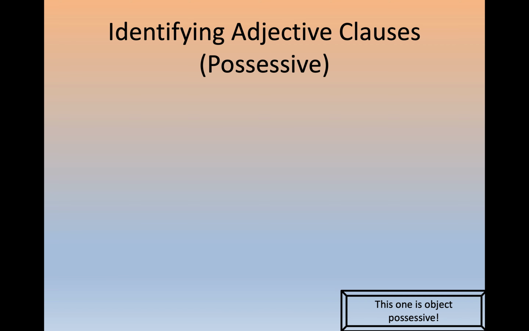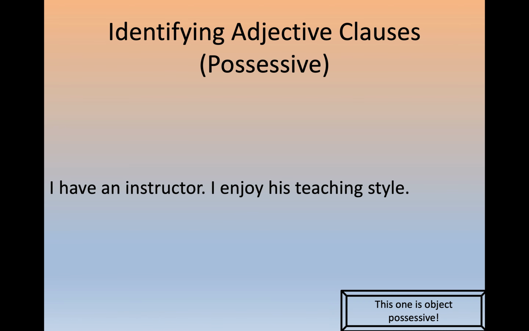Okay, let's look at another example. This one's a little bit different. This one has the possessive relative pronoun as the object. I have an instructor. I enjoy his teaching style. Okay, so I'm describing the instructor, and I'm going to replace the possessive pronoun with whose,